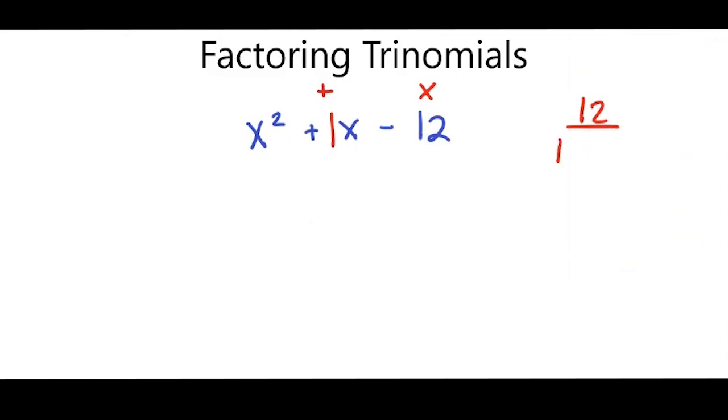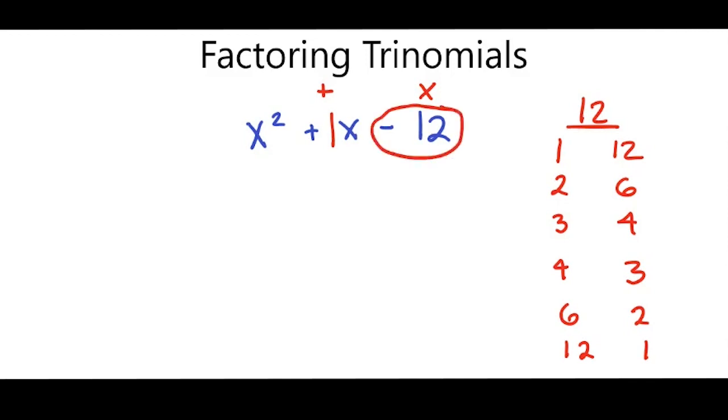So I'll do 1 and 12, 2 and 6, 3 and 4, 4 and 3, 6 and 2, 12 and 1. All right, so we know that when we multiply all these together, they're going to be 12. But we know that it needs to be negative 12, so one of the numbers will have to be negative. So I will make the first one negative, and so when I add them together, negative 1 plus 12 is